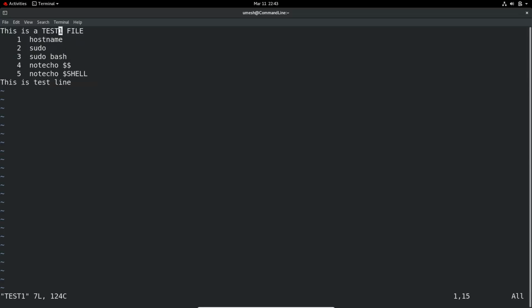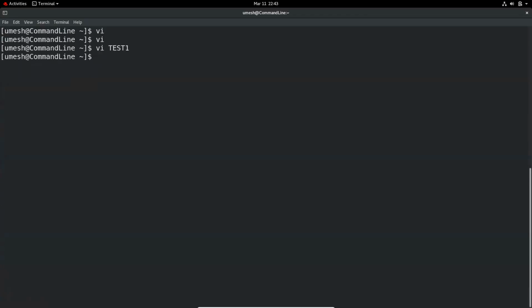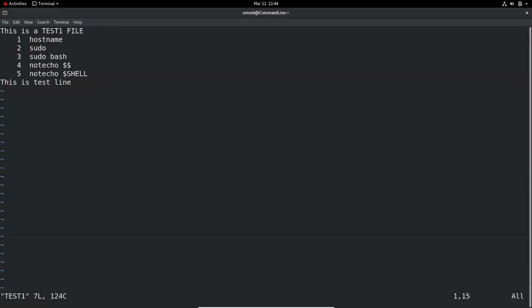So to understand VI, let's talk about the different modes that VI has. The first mode we're going to talk about is the input mode. When you launch VI first, it will by default come into the command mode. Let's say vi test1. So if I press any key, it doesn't write anything. The key that I press is interpreted as a command by the system. So it's in command mode. And to insert something into the file, you have to press i, and that's where you see the insert at the bottom. And now we're in the input mode.